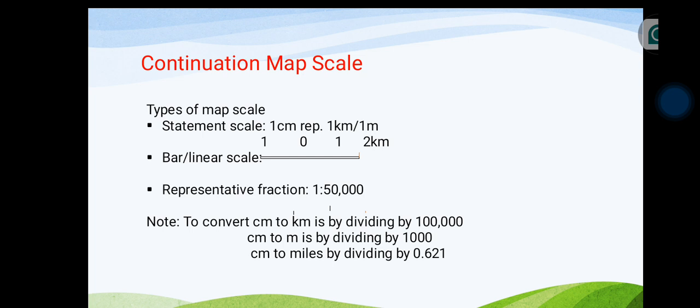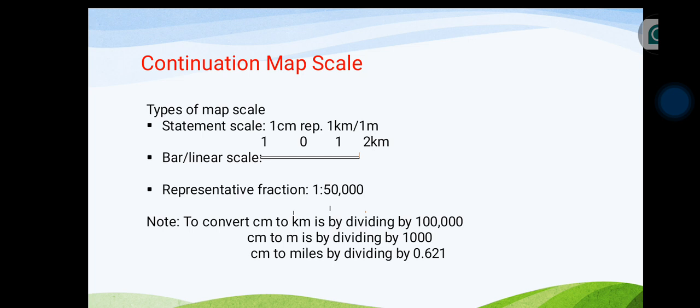Then the bar scale, or linear scale, has two divisions. From the 0 to your right hand is the primary division. From the 0 to the left side is the secondary division. Then we have the representative fraction, which is 1 ratio 50,000 or 1 ratio 100,000 or 2 ratio 100,000, as the